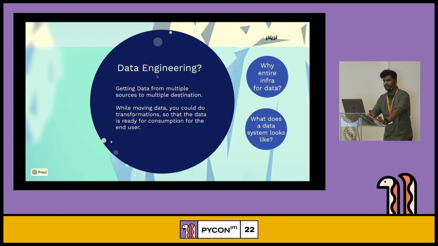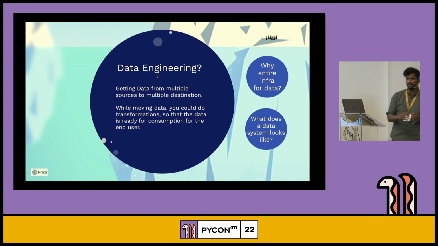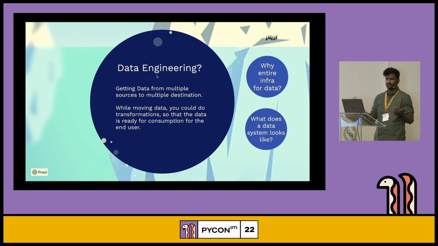Again, data engineering. The crux of this is to get data from one source to another destination. These, again, serve different purposes. The main job for a data engineer is to create ETL pipelines. I'm saying main job because that is how it evolved. Now it plays a lot more different roles. There is also data governance and analytics engineering, and we can get deeper into that.